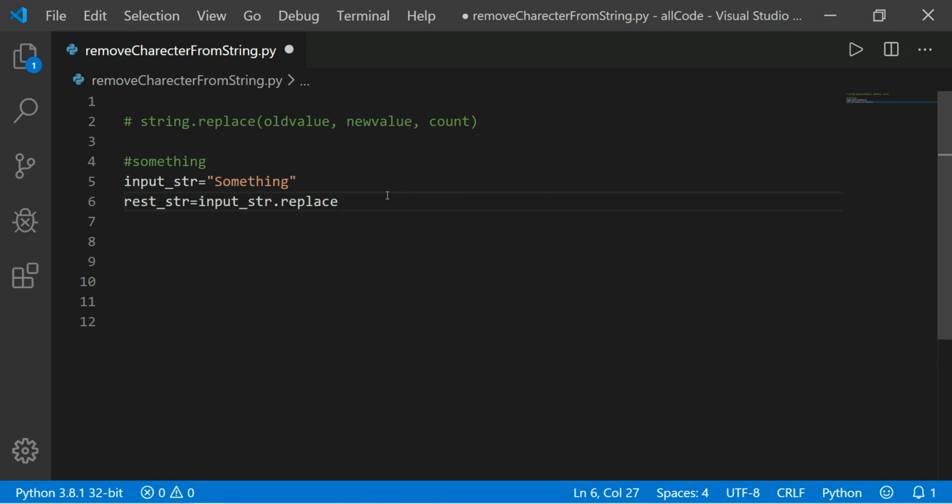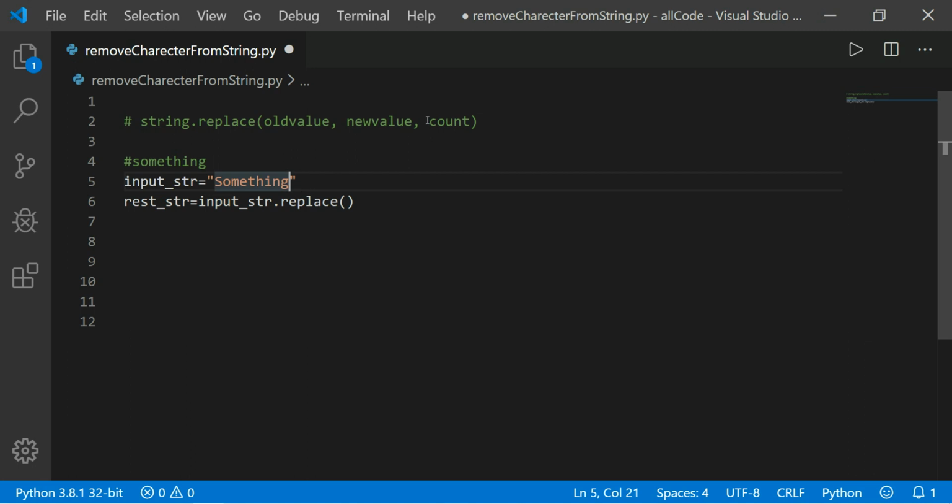Here I have already written what the replace function takes: an old value, a new value, and a count. If the G appears multiple times in this something string, the count says how many G you want to replace.